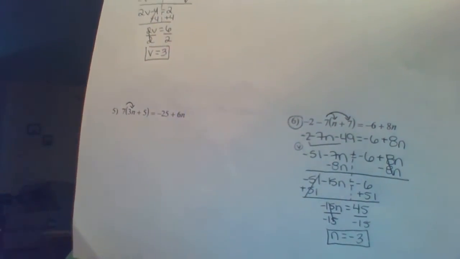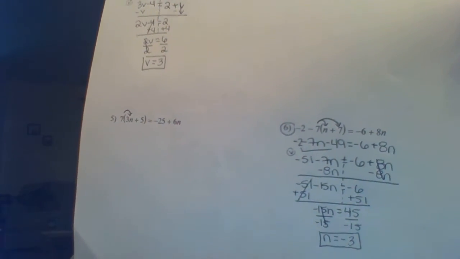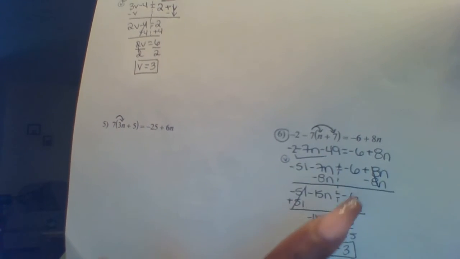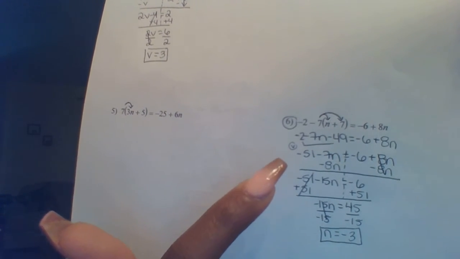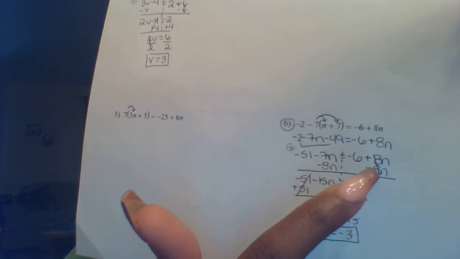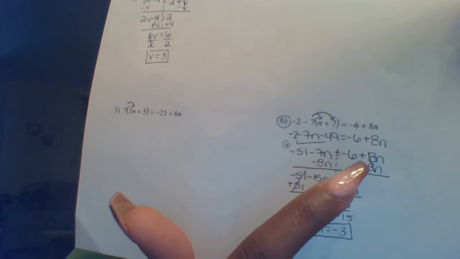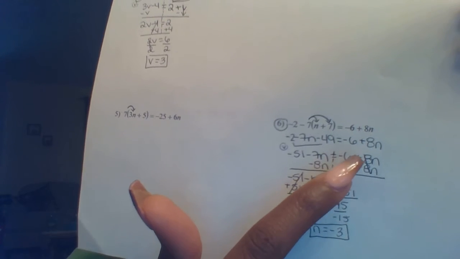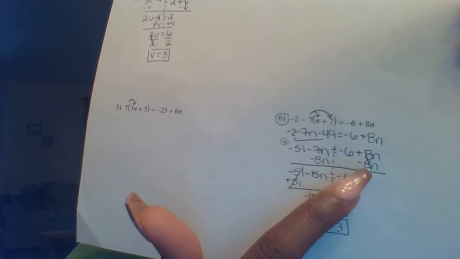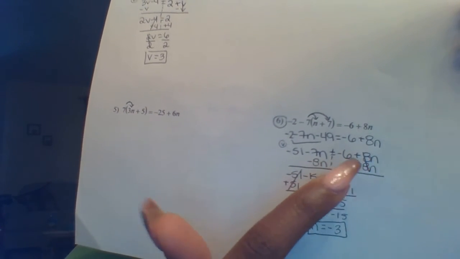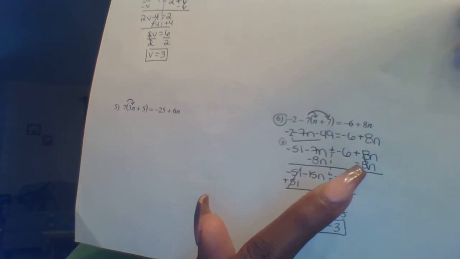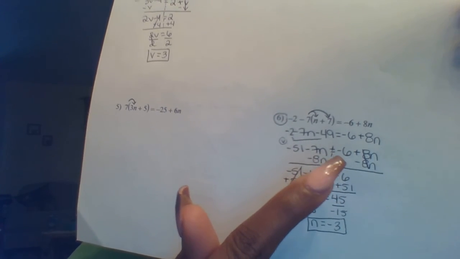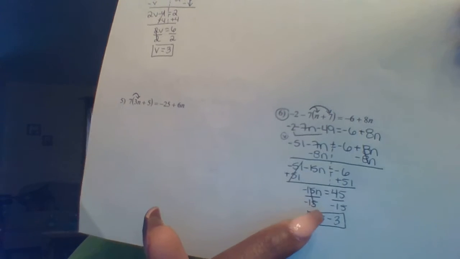Again, no side is special. We have variables and constants on both sides. So for the sake of consistency and ease, we're going to make the left side the variable side, which means any variable on this side needs to be moved over here. Because this is a positive n due to this plus sign, we're going to subtract positive 8n. We're going to subtract 8n to cancel this out. So positive 8n minus 8n gets us 0. -6 plus 0 gets us